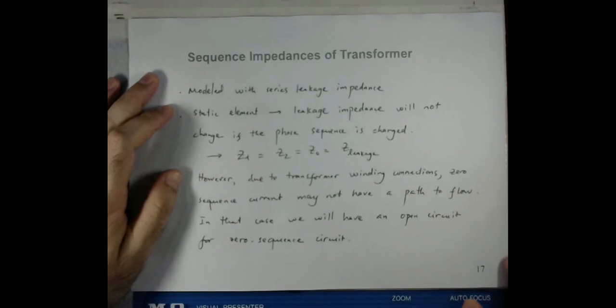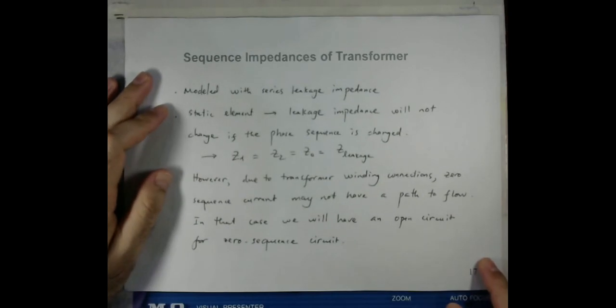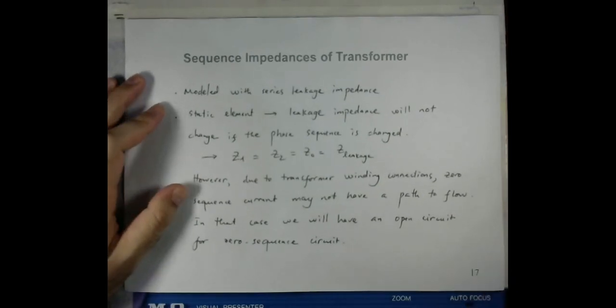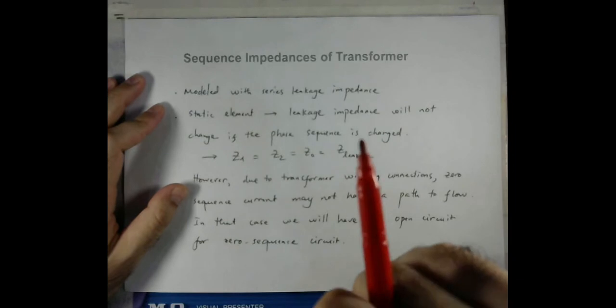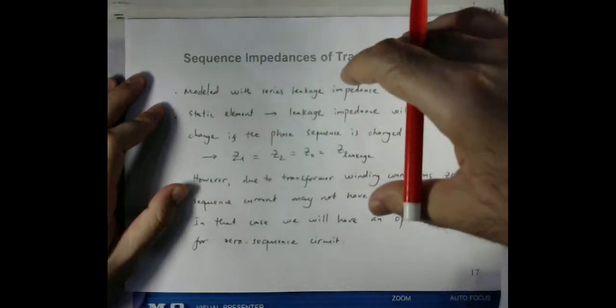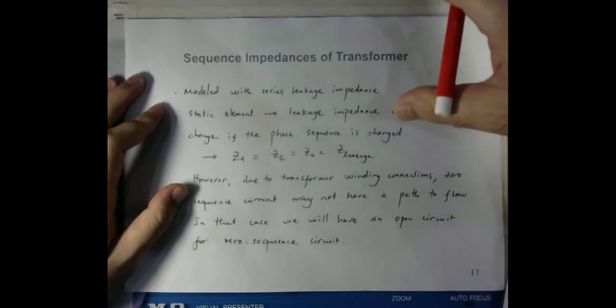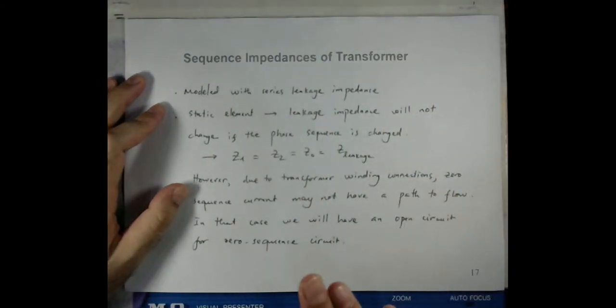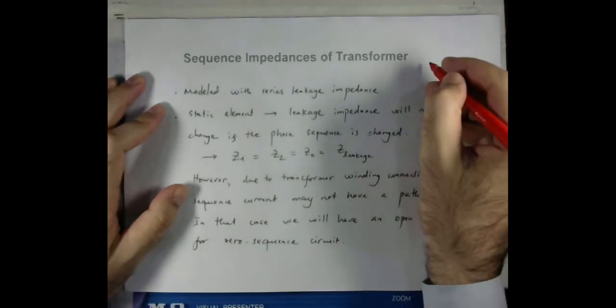If you remember, we discussed that when we were discussing the per unit quantities, the actual impedance of the transformer could be different on both sides, on the primary side as well as on the secondary side, because if you remember, we discussed the base impedance, and because base impedance is